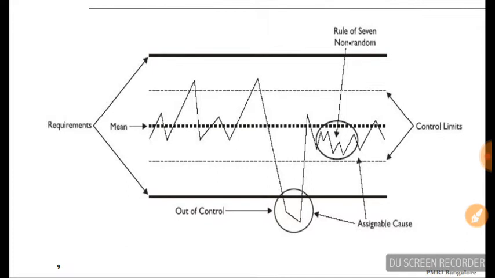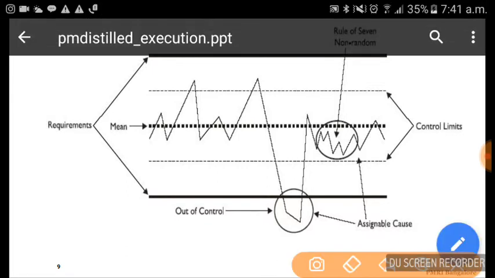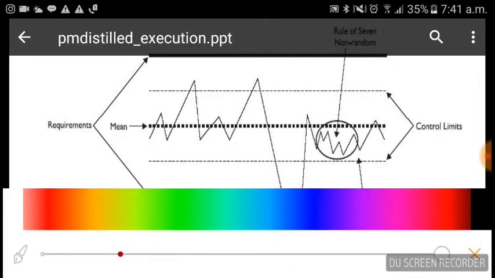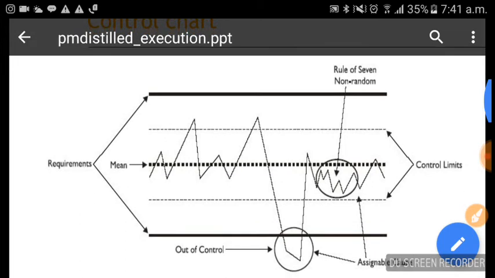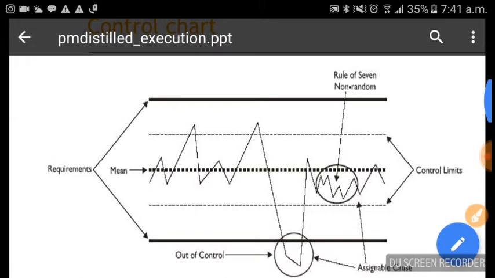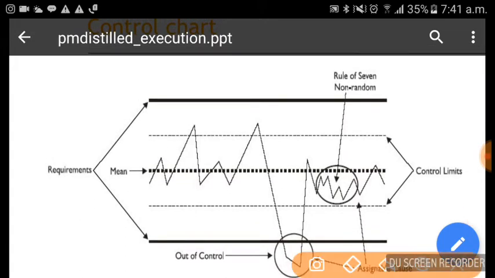Let us say a customer has placed an order with us, and says a plus or minus 5%, 10% schedule variance is fine with him.